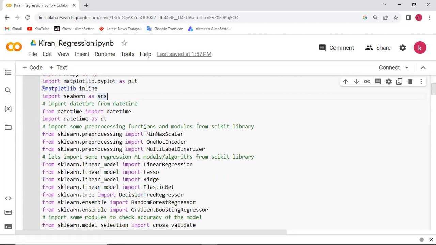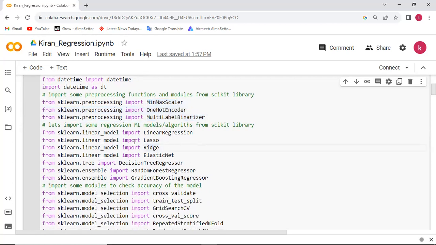Then some preprocessing modules, for example, min-max scaler, then one hot encoding, and multiple linear regression packages we have imported.